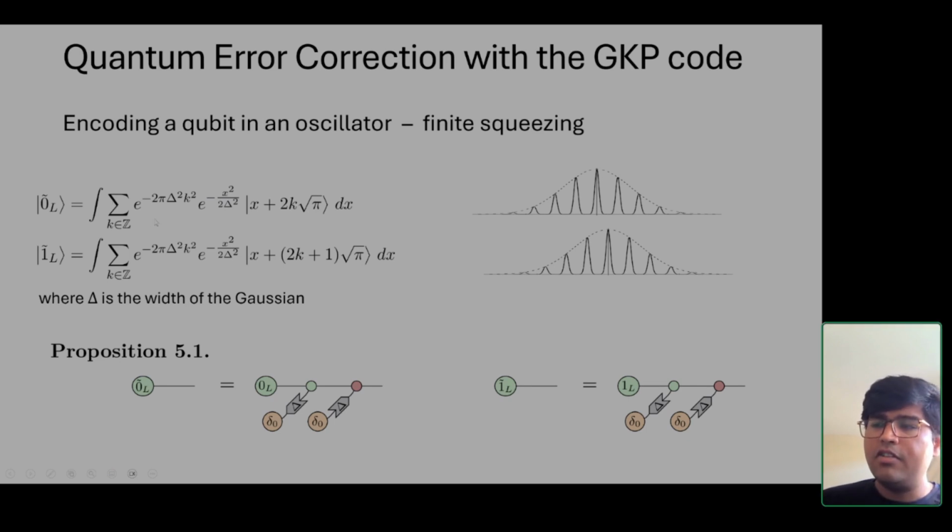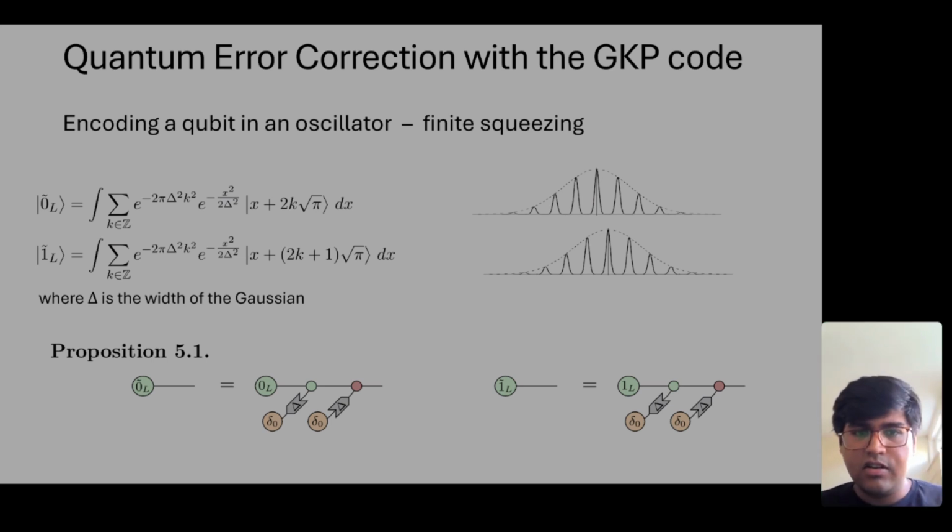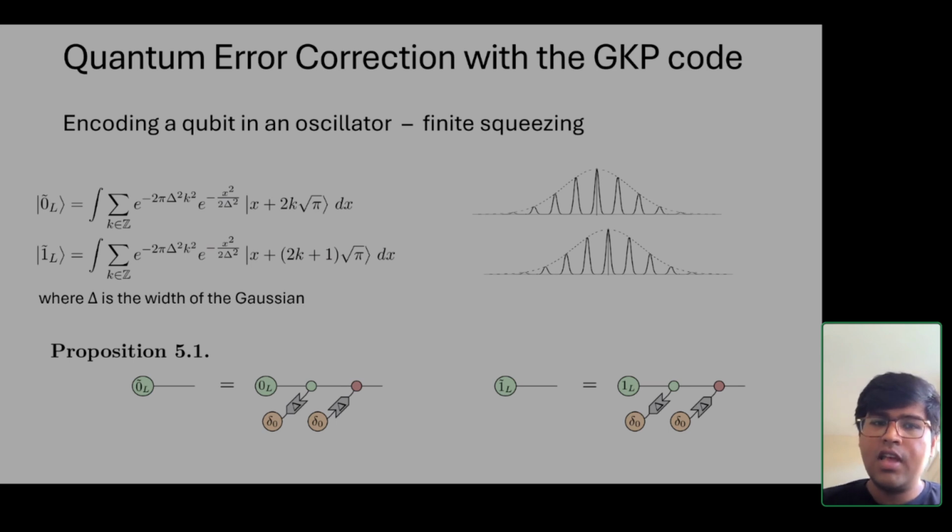So for the GKP code, you're using one quantum harmonic oscillator, so one continuous variable system, to represent one logical system. But there's also a way to represent one logical qubit in multiple wires or multiple continuous variable systems. I think so. The idea of code distance, I'm not sure how it generalizes to the GKP code, because